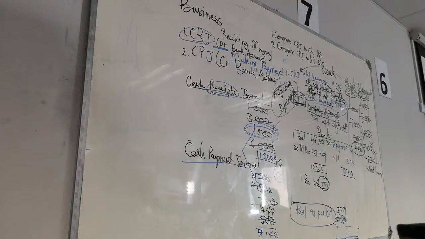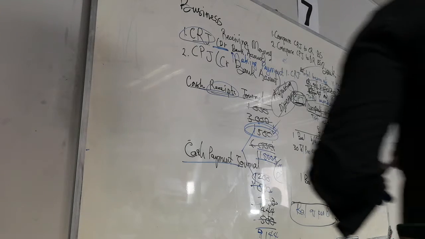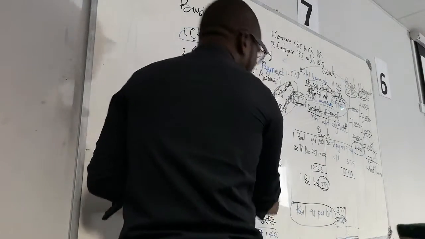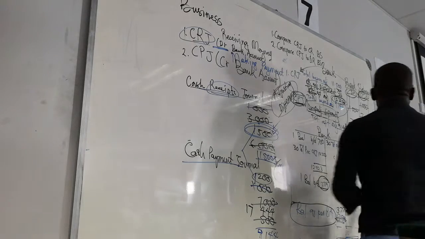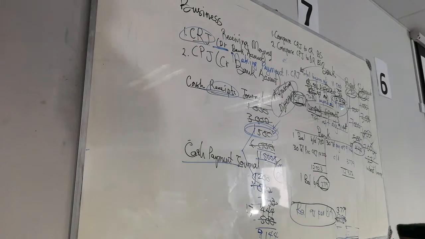Errors. Somebody's going to make an error. We are going to have check number 17 being 444. And then we will have check number 17 being 440. Somebody messed up. Are we together? Somebody made an error.